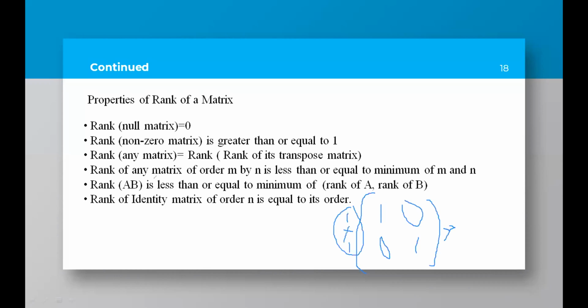So this is nothing but the rank of the identity matrix. If you consider the 2 by 2 identity matrix, the rank of that matrix will be equal to 2 itself. This one is already in row reduced echelon form also, so directly you can say that the rank of this matrix is 2. Similarly, if you consider the identity matrix of order 3, 1 0 0, 0 1 0, 0 0 1, how many non-zero rows? 3. That means the rank of this matrix will be 3.